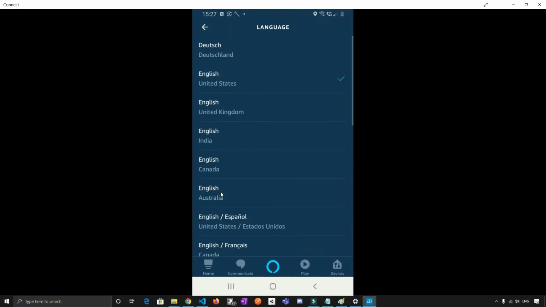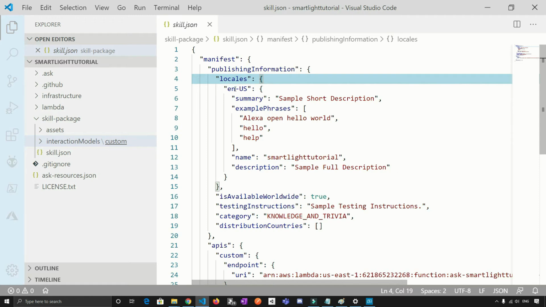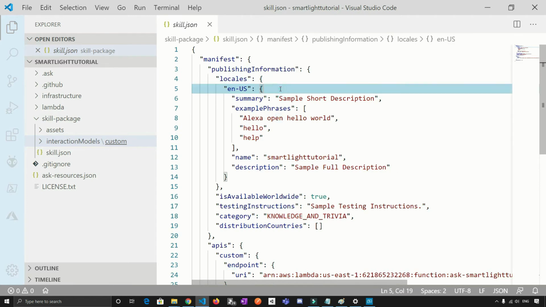Now this one is a very important point. Here in my case, I have already selected English United States. So if you go back to the code, right here under the skill.json, in line number 5, we have written en-US. So that means we are using the application with the language English United States.